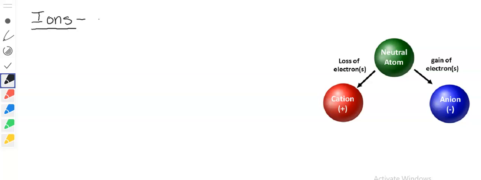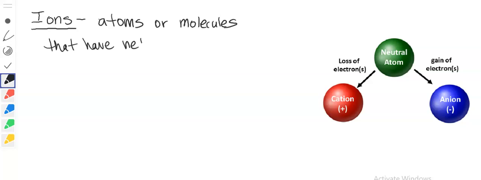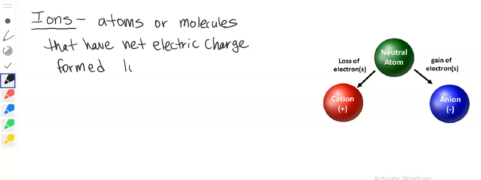And ions is basically atoms or molecules that have a net electric charge. That is formed by either losing or gaining, from the loss or gain of electrons. Okay? So basically, when an atom or molecule hasn't lost or gained electrons, they're pretty much neutral,